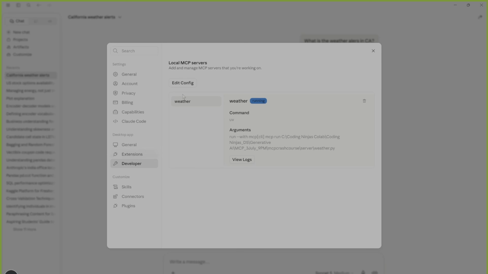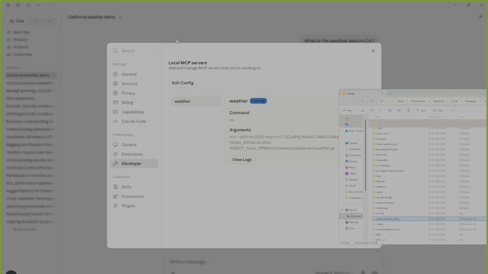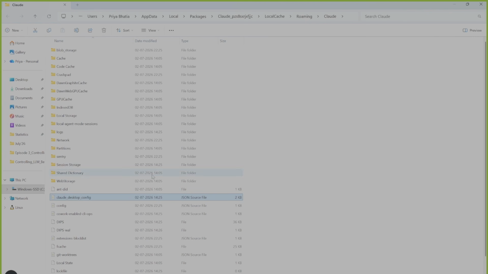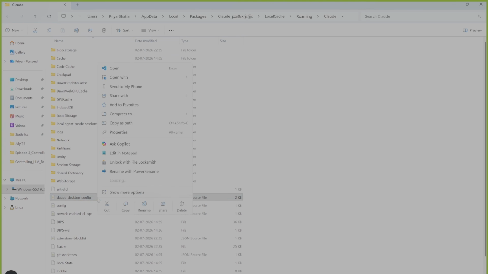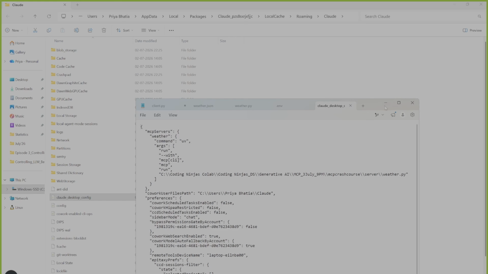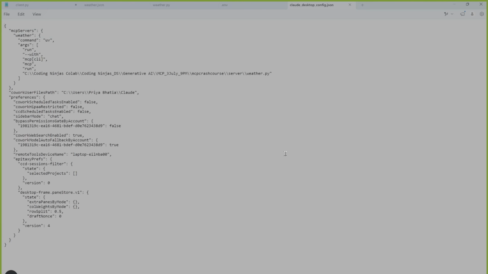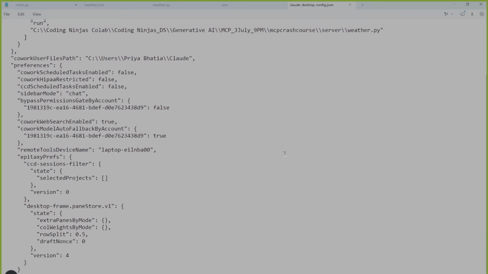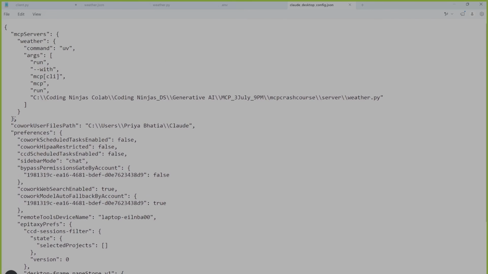So there was no MCP server already there. I went to the developer mode, and over here I have an option to edit the config file. You will have to click on it, and as soon as you click, it will show you the path where exactly this Claude Desktop config file is available. When you edit this file in Notepad, for example, you can go inside this config file of Claude Desktop. Let me take it on the screen. This is how it looks. Right? So what you have to do is make sure that whatever weather.json you have mentioned in VS Code,